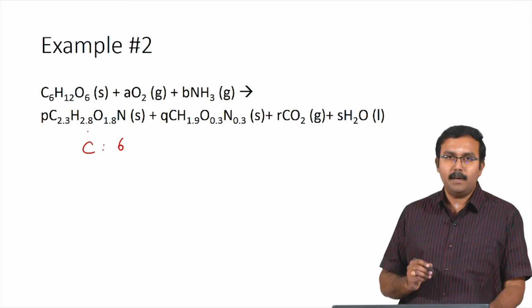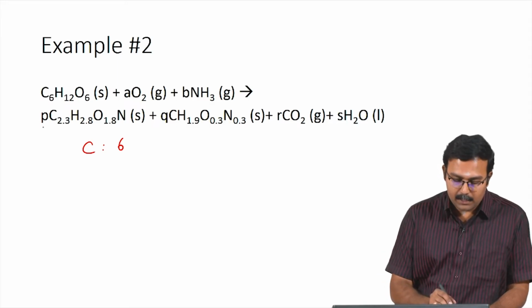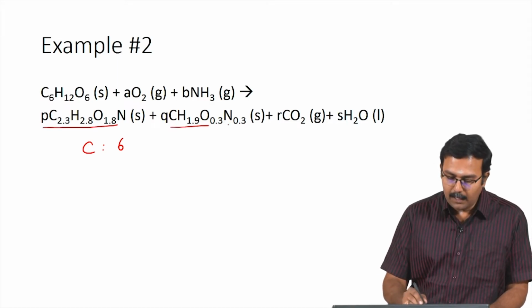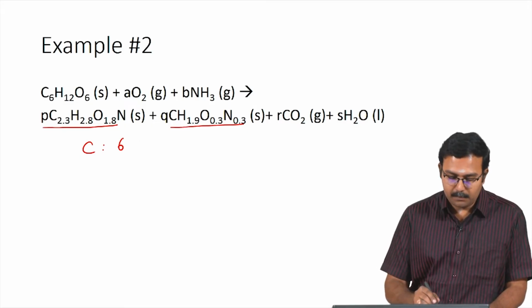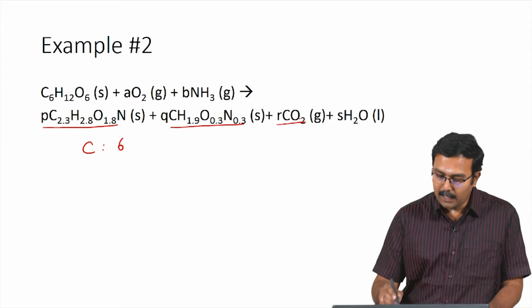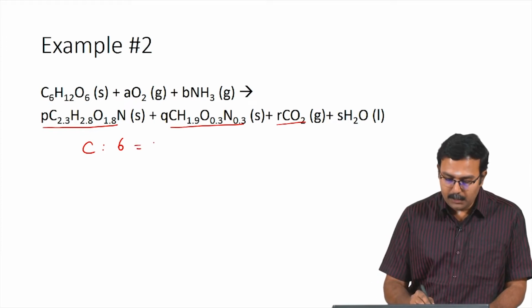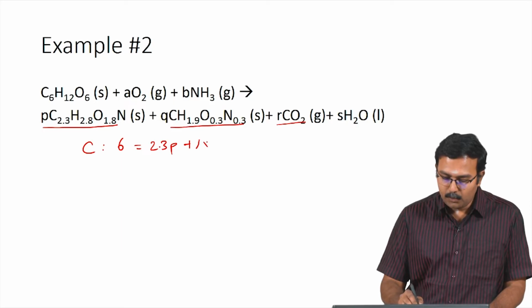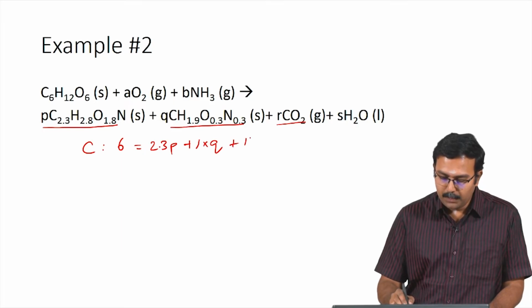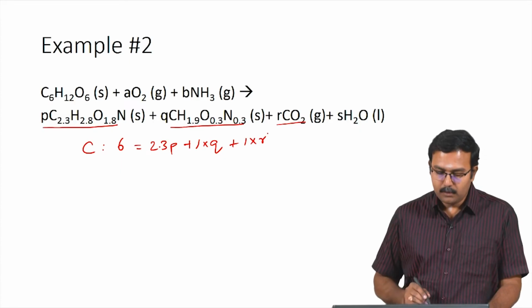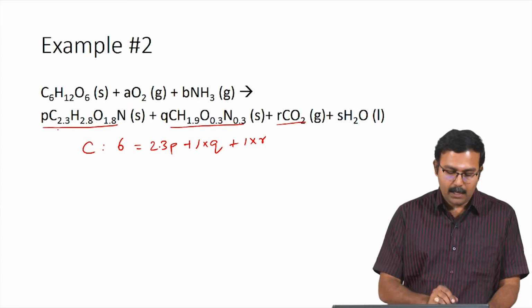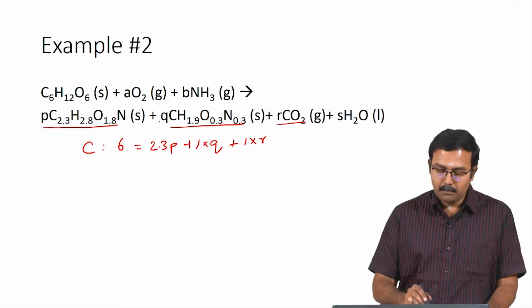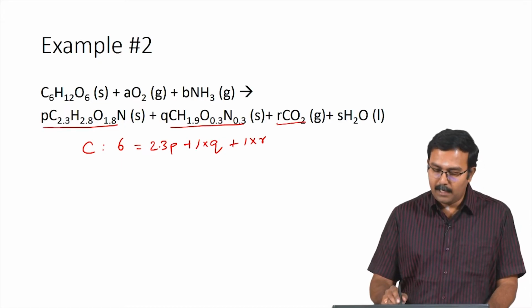So, the product stream has carbon coming in as humulin and as biomass. The humulin coefficient has been given as P, and you also have carbon in carbon dioxide. So, using this you have 2.3 times P plus 1 times Q plus 1 times R. This becomes your balance equation for carbon. You have 2.3 atoms of carbon in humulin, 1 atom of carbon in the biomass